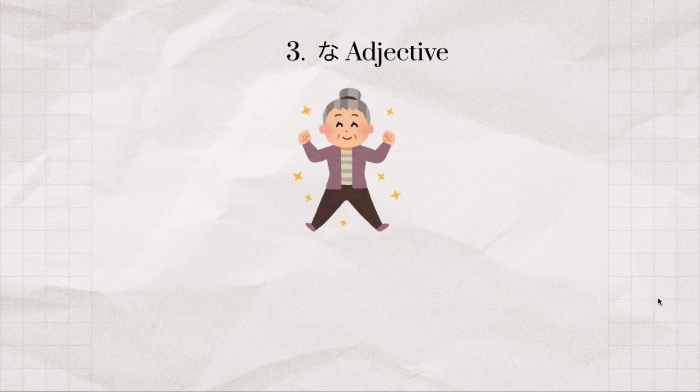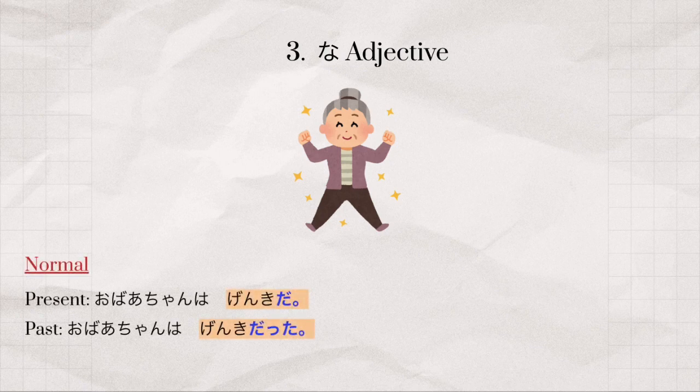Okay, next is na adjective. So similar to e adjective, all the functions are the same except the fact that it's not e and you gotta switch it to na. So if I wanted to say that the grandma right here is energetic or healthy,